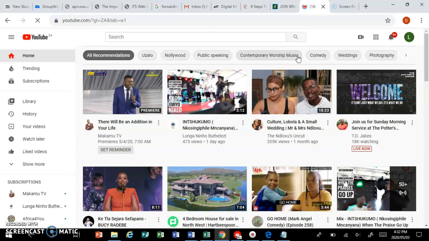And then on this page, still you can see the first letter of your name. And then as you are moving your mouse pointer to the left, there is an icon with a video and a plus sign, and is labeled create. You click on that icon and then you click on upload video. And then after clicking on upload video,